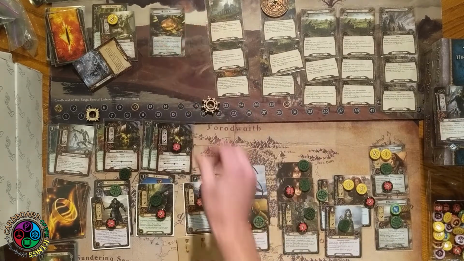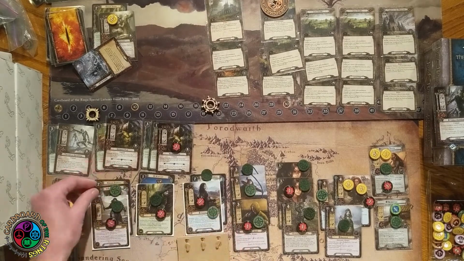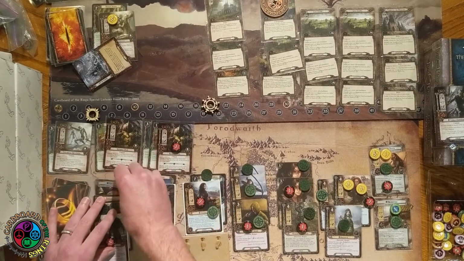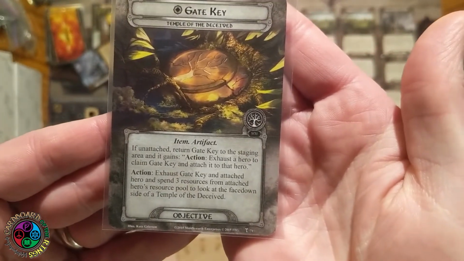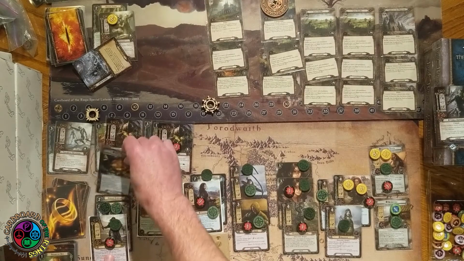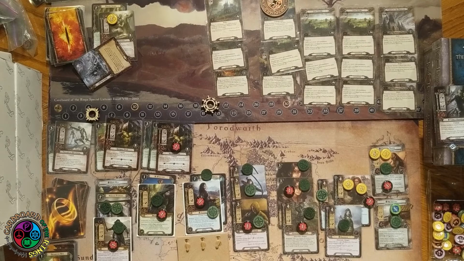So we do take care of the Temple Guardian. And because Amarthiel is ready, he's going to grab that gate key. What you can do is exhaust the gate key and spend 3 resources from the attached character to peek at one of the temples over there on the right. Unfortunately, I don't think I'm going to be able to do that